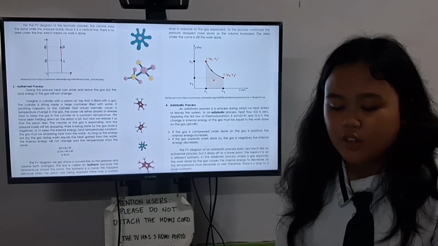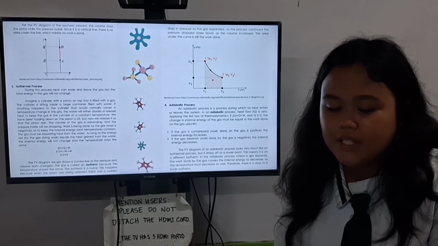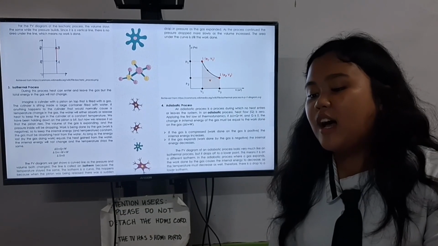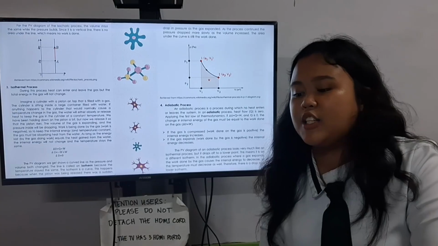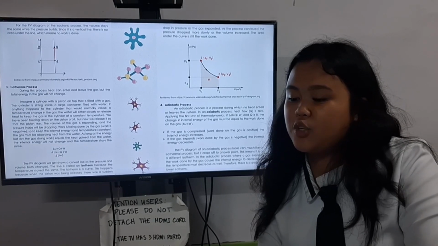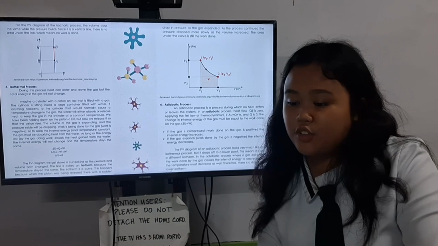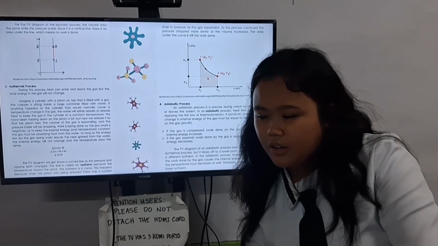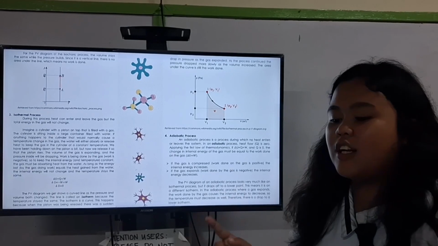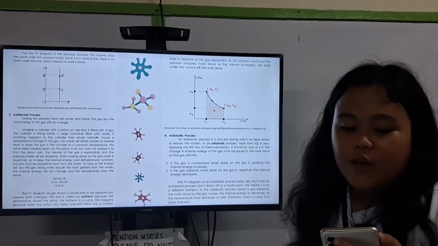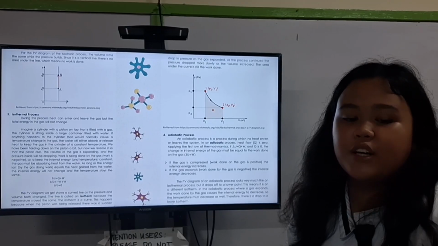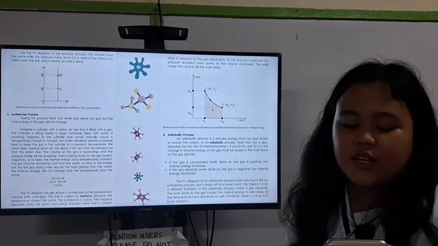The isotherm is a curve. This happens because when the piston was being released, there was a sudden drop in pressure as the gas expanded. As the process continued, the pressure dropped more slowly as the volume increased. The area under the curve is still the work done. So this line shows the relationship between pressure and volume. The curve is called an isotherm because the temperature stayed constant during the process.